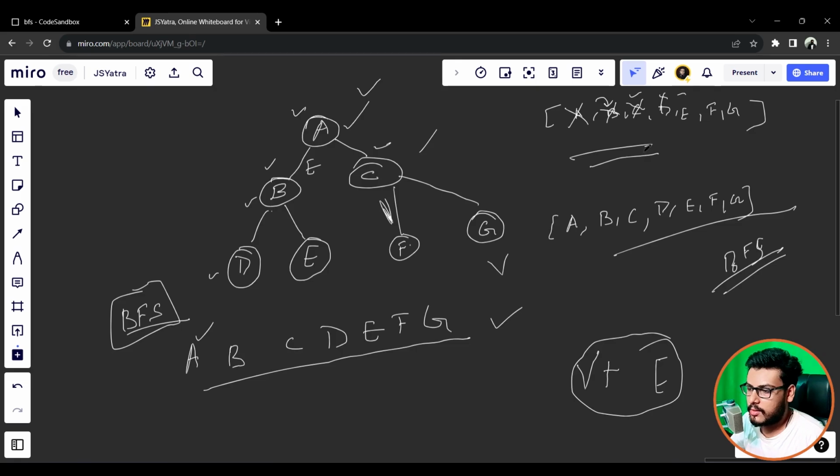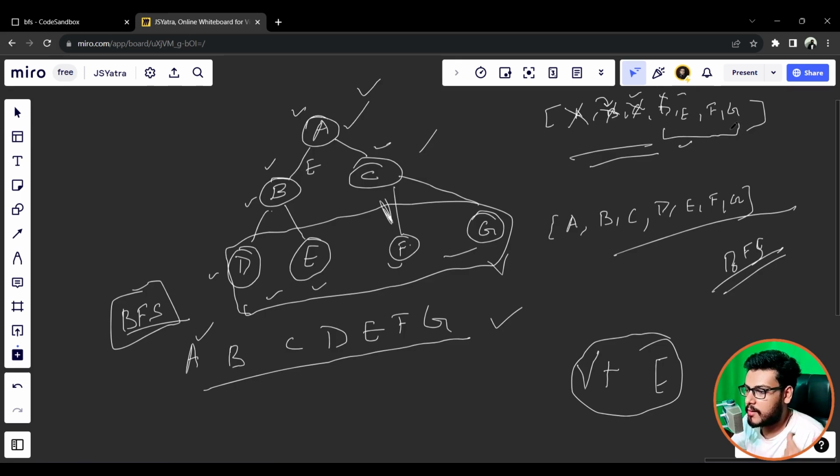time, since this data structure is not fixed, it is in a continuous motion of enqueue and dequeue. So at any particular time, the maximum amount of nodes at any particular level will give us the space complexity. At this point, I can see that there are 4 nodes in this particular level, and I encountered a case where there were 4 elements present on the queue as well. So ideally, big O of n should be the space complexity, where n represents the maximum number of nodes at any given